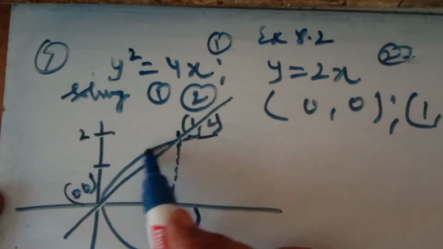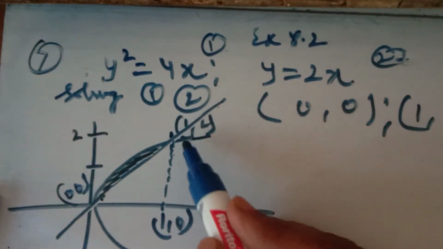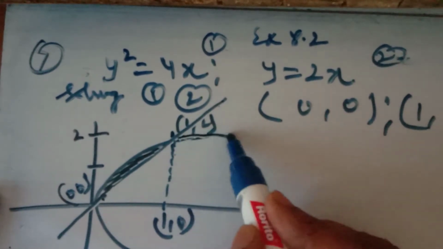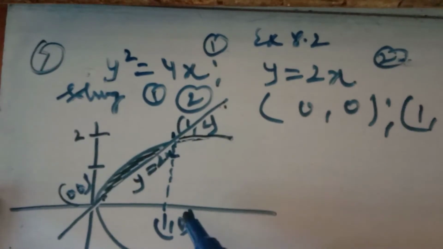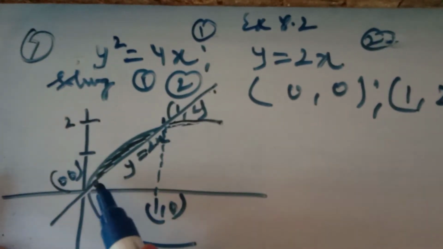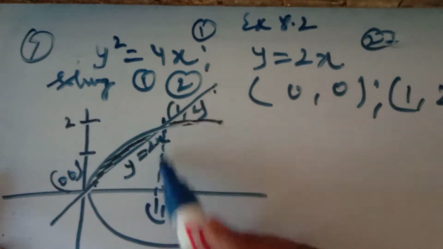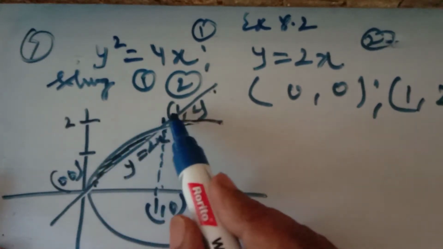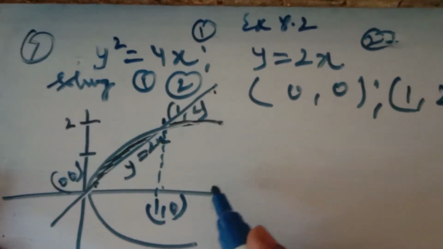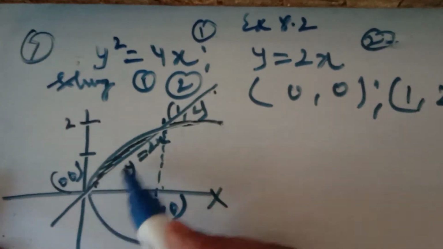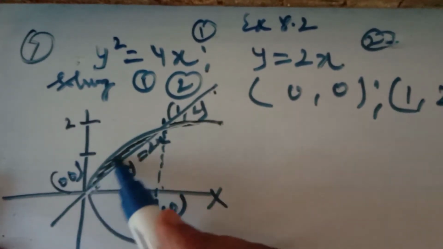So this area you have to find, like this. This is the point of intersection at x = 1. This is the parabola, and this is the line y = 2x. Here you can easily find it by integrating from 0 to 1 of the parabola. This area will be from this, up to this, touching the x-axis, and the extra area, which is shaded here, is touching the line y = 2x.